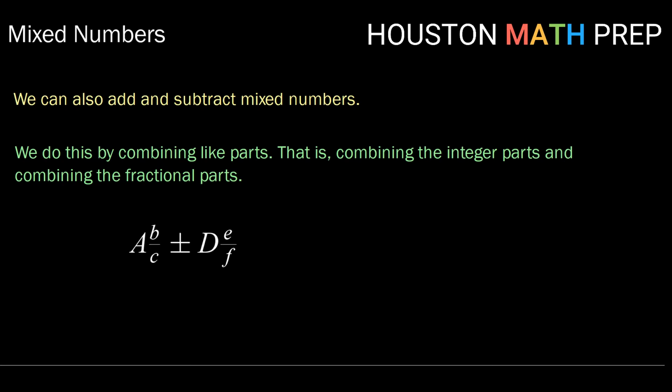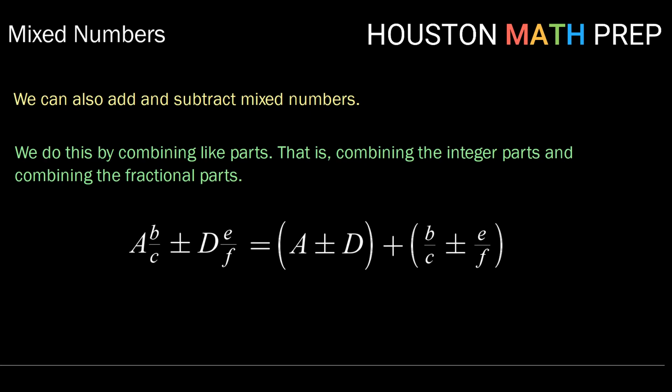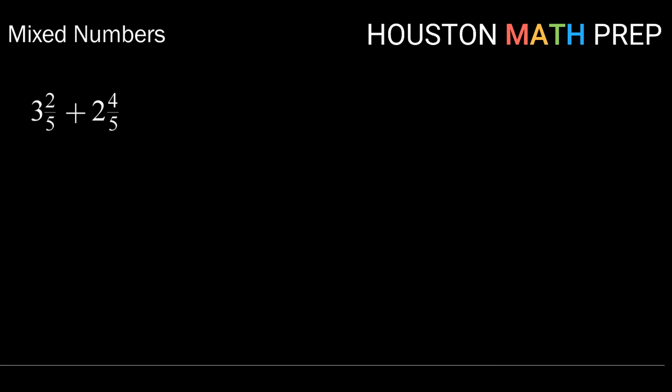So if we had two mixed numbers, a and b over c, plus or minus the mixed number d and e over f, we would do that by adding up the integer parts, a plus d, and adding up the fractional parts, b over c plus or minus e over f, of course, doing so with common denominators. So here, if we want to add 3 2/5 with 2 4/5, we can start by